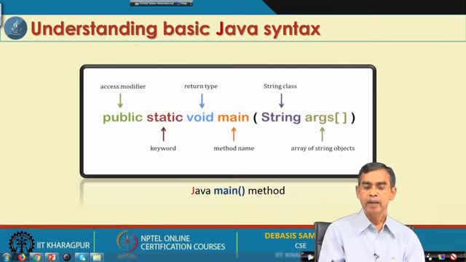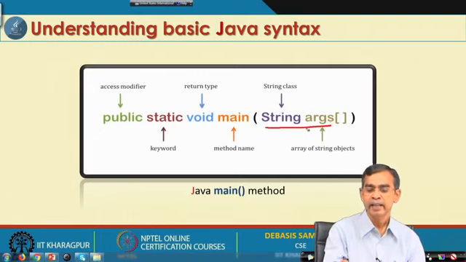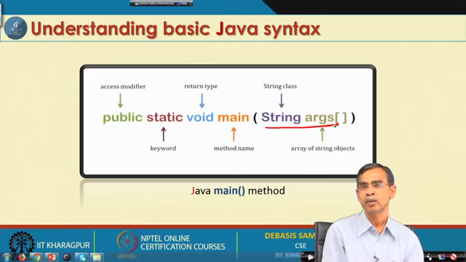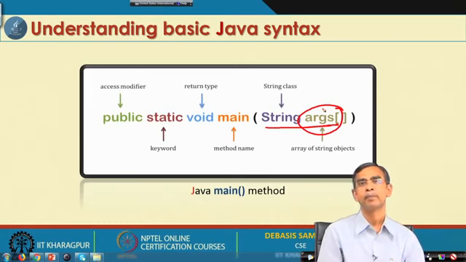Next is String args, this is the argument. These are the arguments that need to be passed to the main method. This indicates that a variable number of arguments you can pass. That is why an array is there, like a pointer to an array, although the pointer concept is not there in Java. So, args is basically an array of any size. Now, the size is automatically defined when you run the program. We will discuss the automatic size declaration of this String args later.